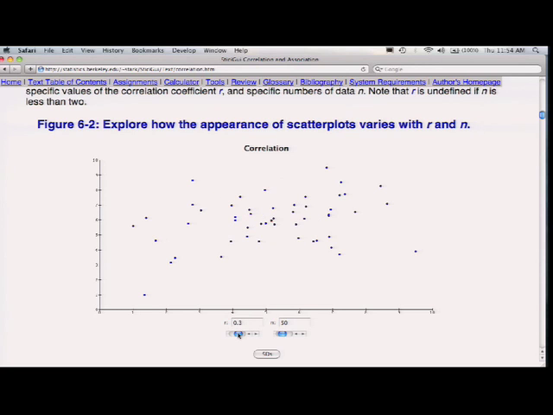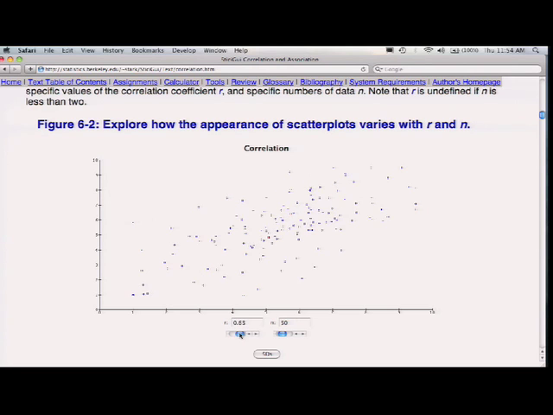Okay, 0.3. Now we're starting to see a little bit of a positive trend to what's going on. Yes, not very strong, still a lot of scatter. Okay, 0.4, getting a little bit more tightly clustered. 0.5, 0.6. As it grows, the points get more tightly scattered until eventually, if they all fall exactly on a